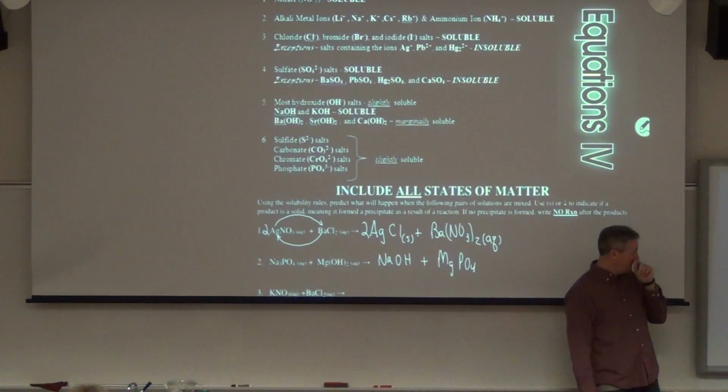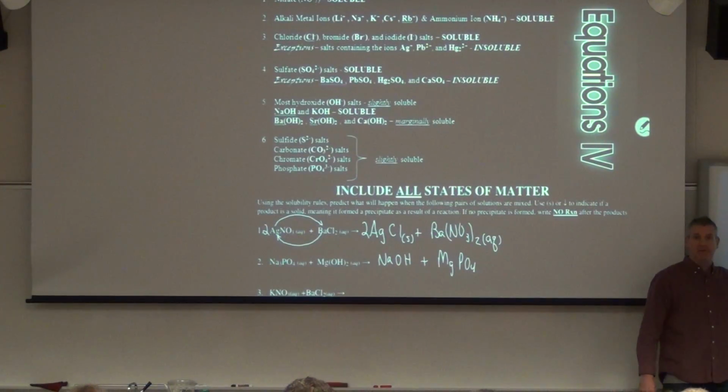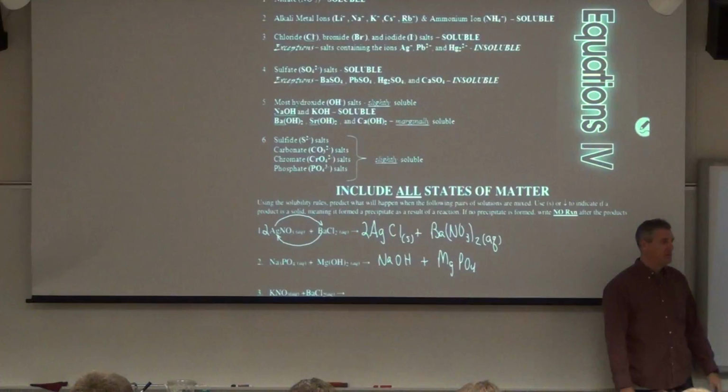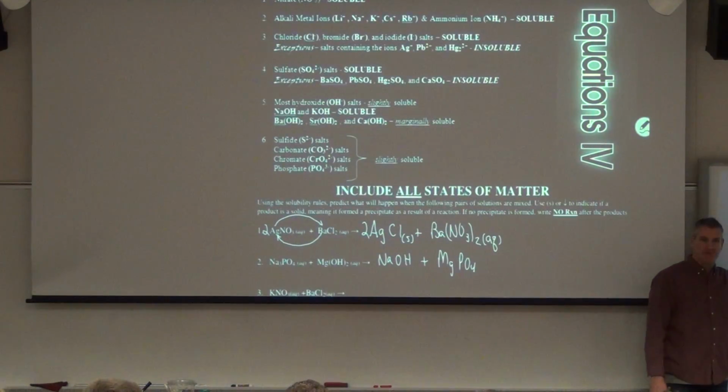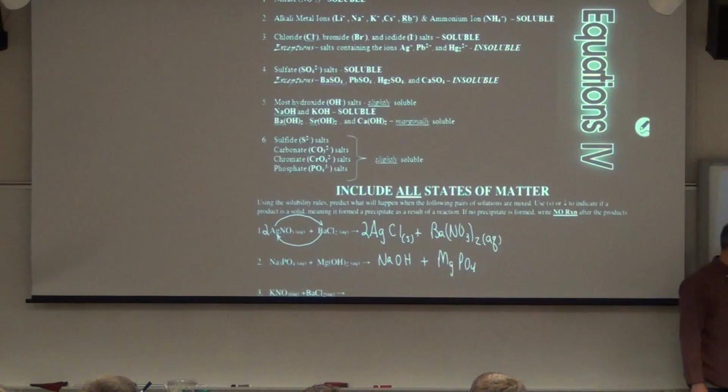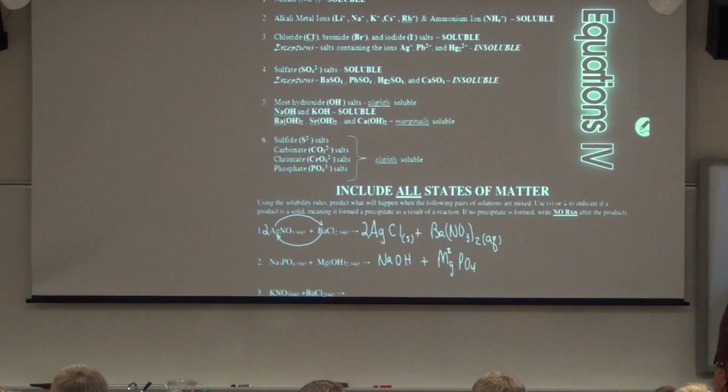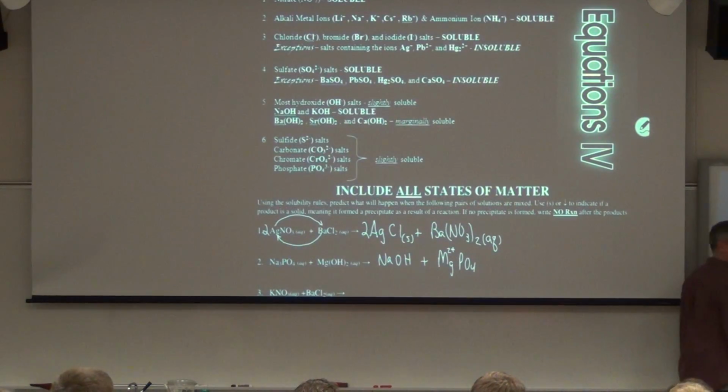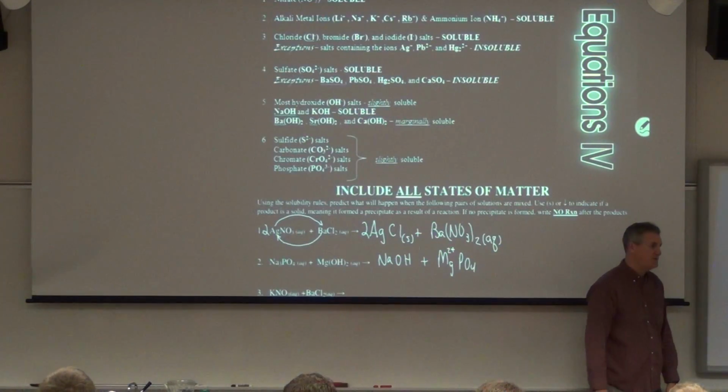How many sodiums do we have for our hydroxides? +1, -1, so that's fine. Magnesium is 2. And phosphate is